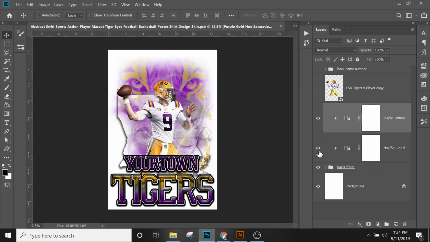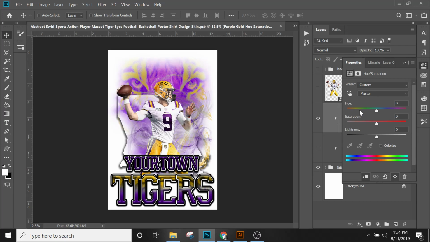See, did that look the same? I'm going to put that one on. This one has a darker purple. This one has a little more vibrant purple. But basically, you get the idea that I could save this hue saturation and create an entirely different one. So let's do that real quick because I was about to show you something else. But let's say my tigers are